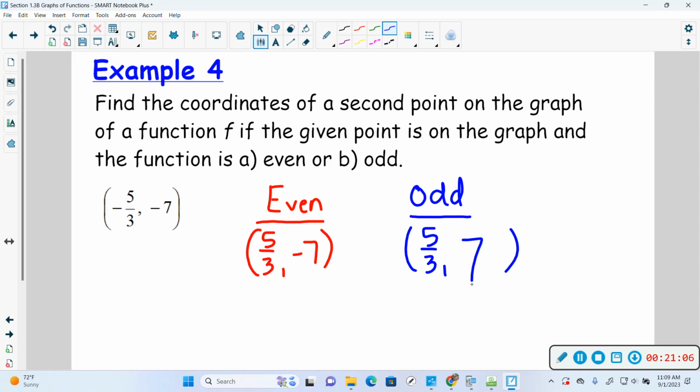You forgot the negative on the 5/3. Nope, both of them are positive. Remember, you replace x with a negative x. Oh, so I did negative 5/3. Oh, yeah. All about the signs. Easy but tricky. Questions on that one? All right, let me grab